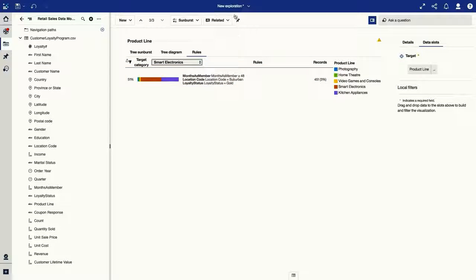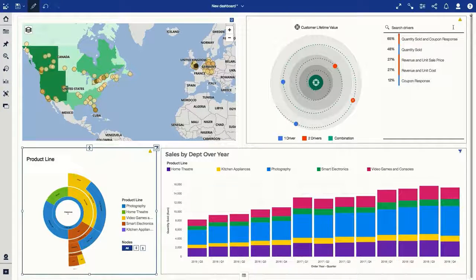As I add this insight to my dashboard, the next thing that I might want to do is create a quick report to show me who actually fits this profile so that I could reach out to them with a targeted marketing campaign. But to quickly recap what you saw in this demonstration, I began with a question about the